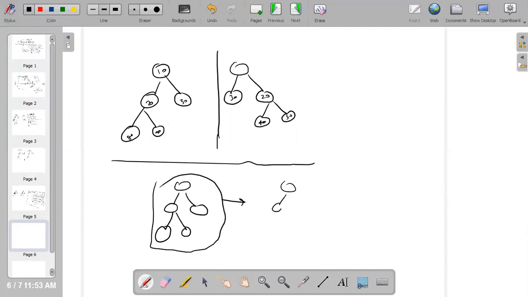This is a generator function. Okay. So this time it would be something like this. So let's say here 10, 20, 30, then it will become 10, 30, 20, and this is 40, 50, then it will become 50, 40. From this tree, you need to generate this tree. And so two problems you have.